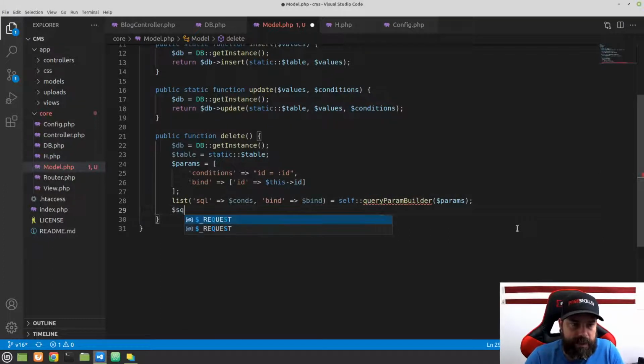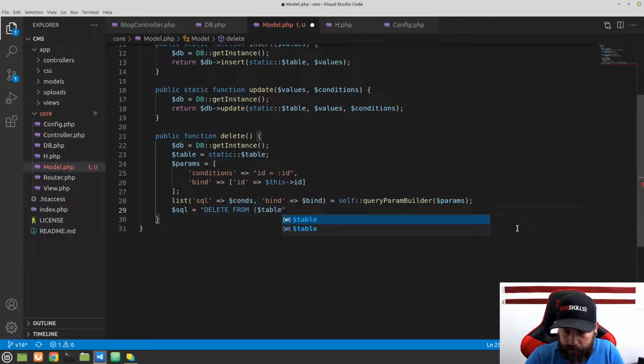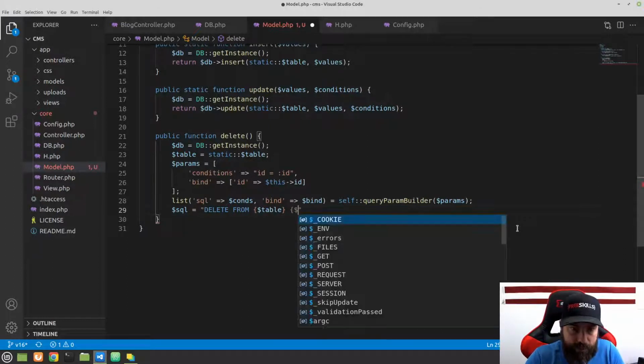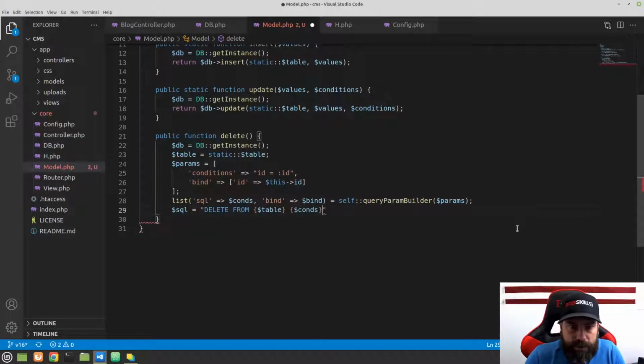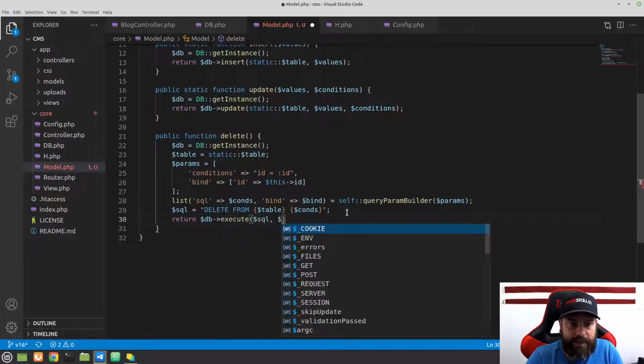And then what we could do is say SQL is going to be equal to delete from, and in this case we're just going to pass down our table, like that, and then after the table we can actually just put in our cons right here. So this cons is going to come from this query builder, which we haven't done yet. And then we can just simply return db execute, and then we can pass in that SQL, and we can pass in our bind,